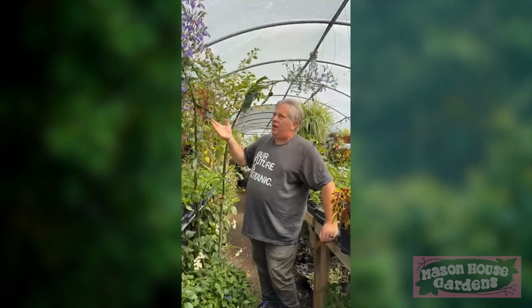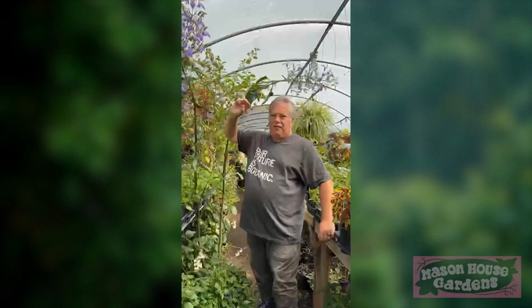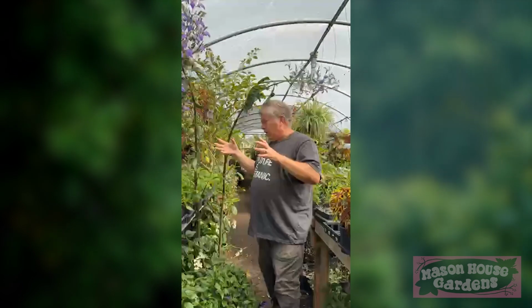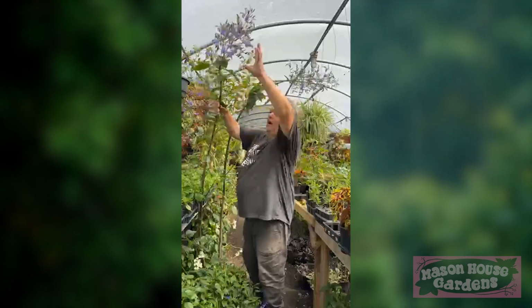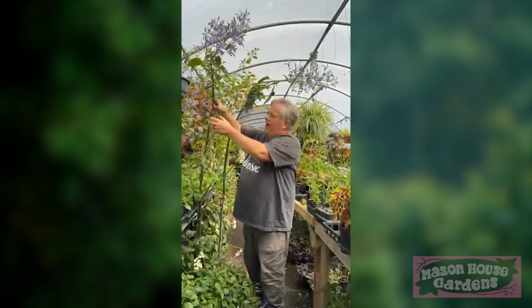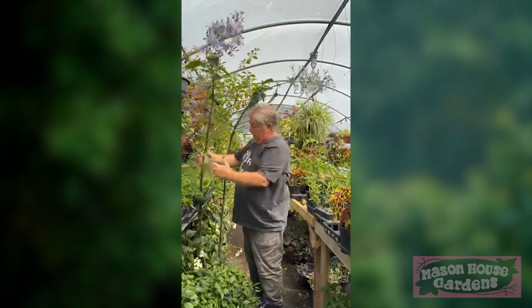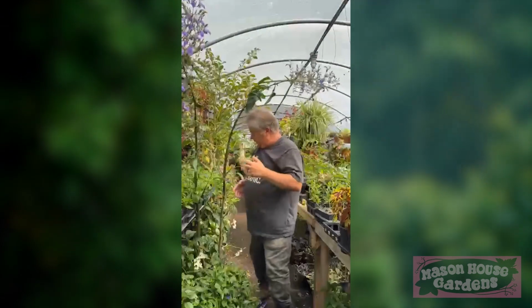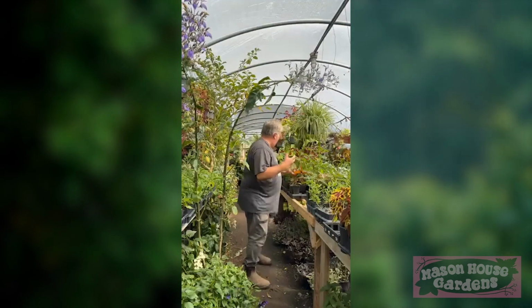So they spent the winter indoors, and then a couple of weeks ago started to put on some new growth and set flower buds. Now the neat thing about these, even though they're this tall, if you look down the stems here, we've got our spikes, and then literally every side shoot that is coming out has flower spikes on it. So you don't need to let them grow this big to flower. In fact,